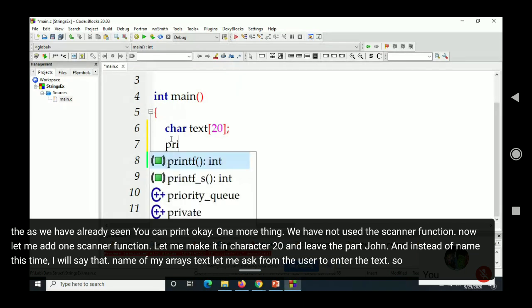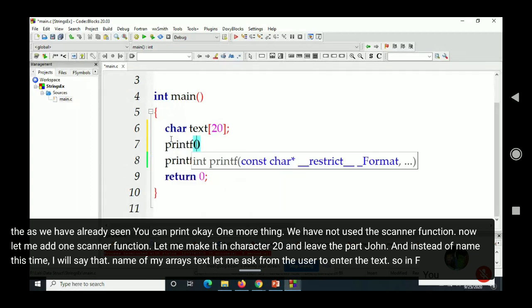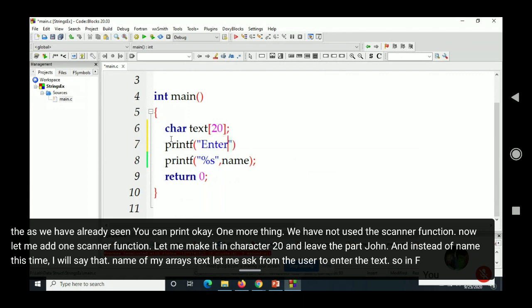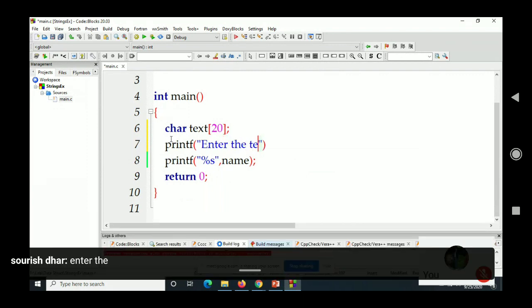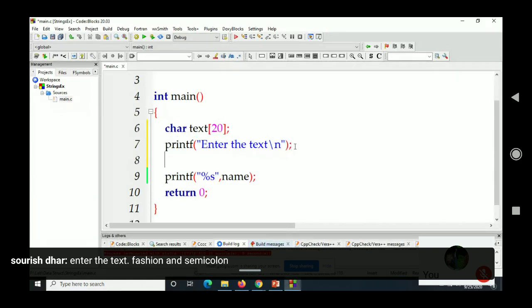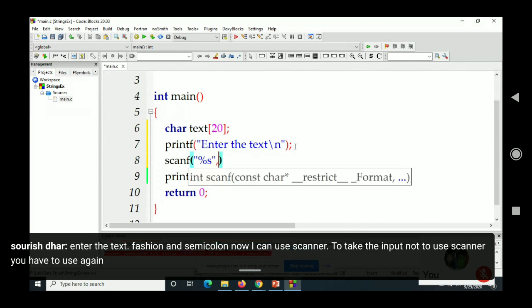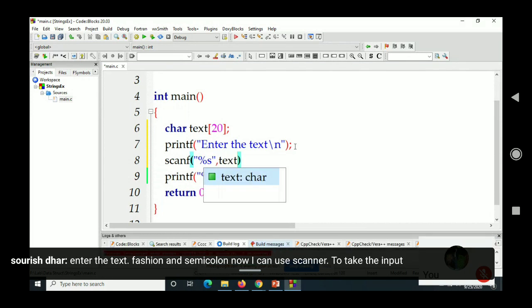Now let me ask the user to enter the text. So printf "enter the text\n" and semicolon. Now I can use scanf to take the input. To use scanf, you have to use %s again and give the name. The name is text.